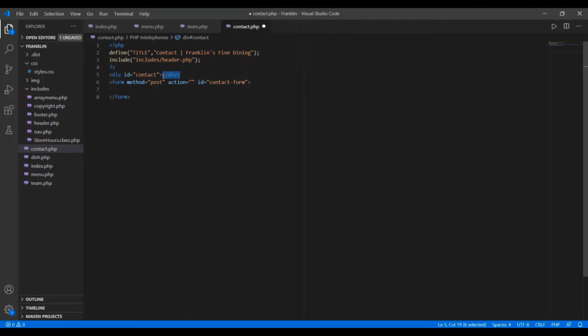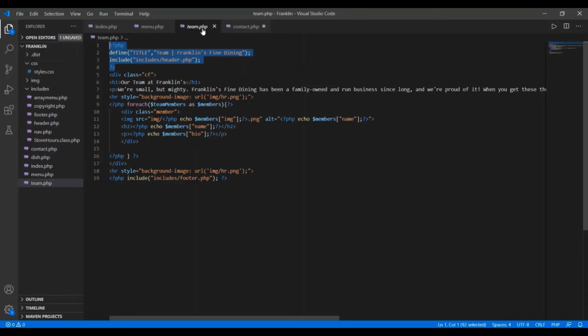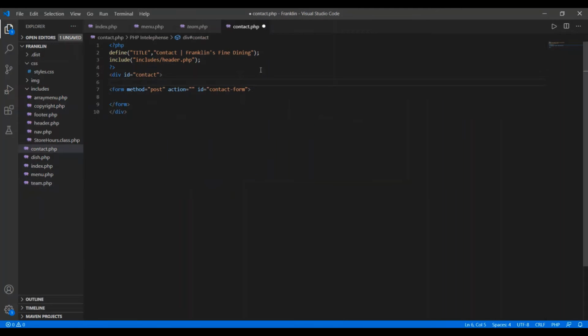Now I take this form within the div, so I paste it here. First I want to display the horizontal line, so I copy this horizontal line using Control C and paste it here.